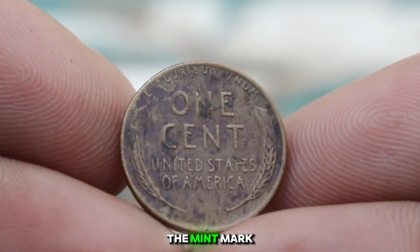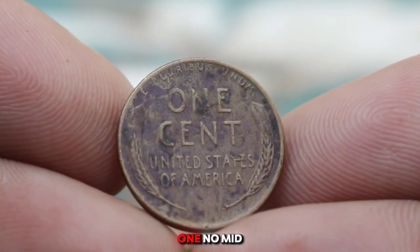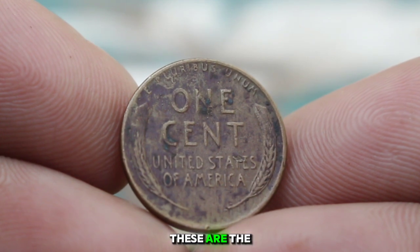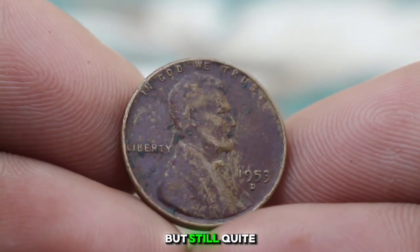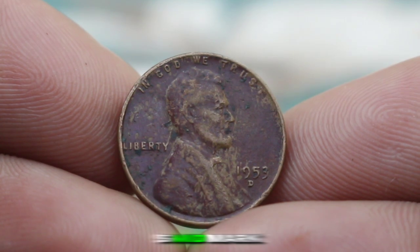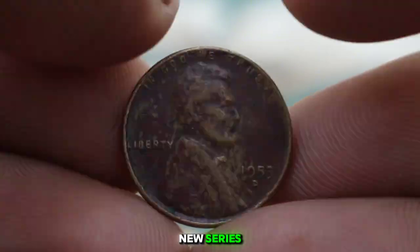For collectors, the mint mark plays a crucial role in determining value. Here's a quick rundown. No mint mark, Philadelphia: generally these are the most common and can be found easily. D mint mark, Denver: slightly more valuable than the Philadelphia mint, but still quite common. S mint mark, San Francisco: these tend to be the most sought after from the 1953 series, particularly in higher